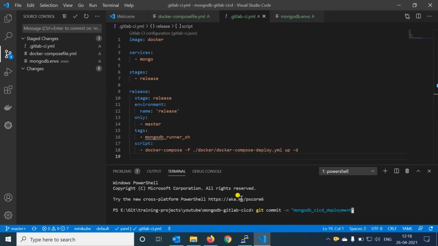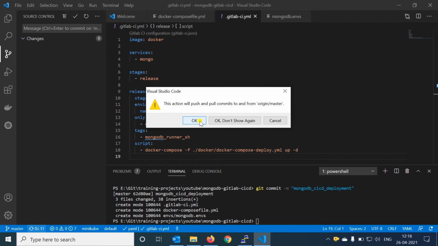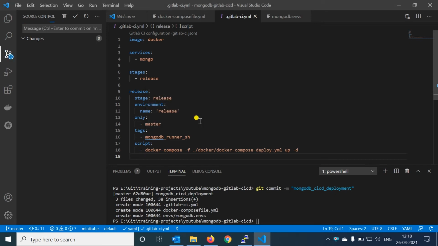Okay, so I can push this code to the cloud, which is committed in my local repository. From my local, I'm pushing to the cloud repository. So people who are in DevOps, make sure that you are well versed in GitLab commands and the process which is happening in GitLab.